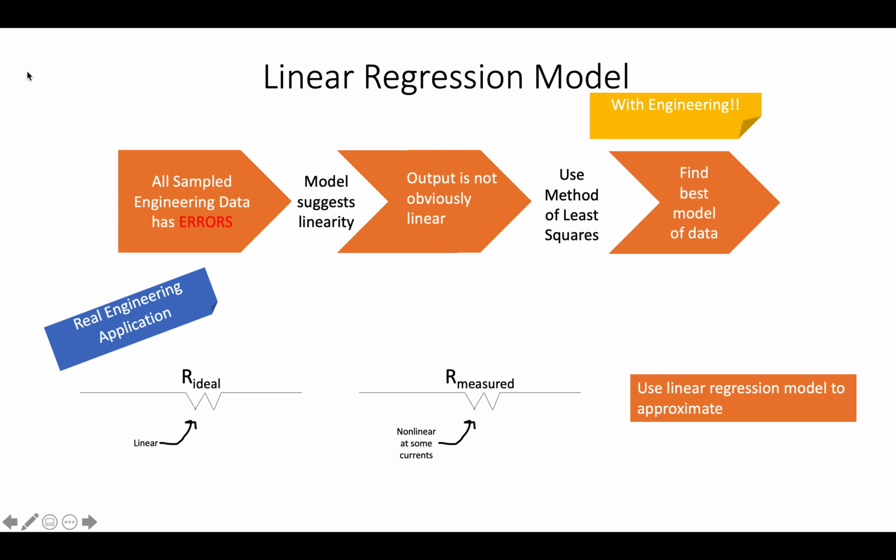So in engineering, in real life, an example would be using an ideal resistor versus a measured resistor. So an ideal resistor would be linear, ideally, but sometimes when you're measuring a resistor at some currents, it is not linear. So you want to use the linear regression model to approximate using data points you've measured through the